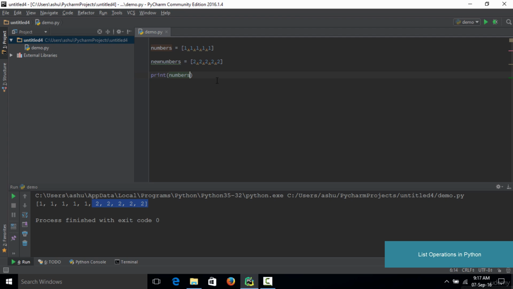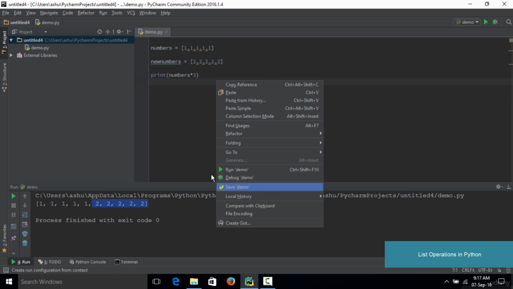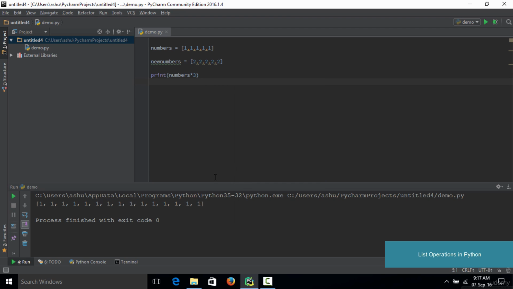And let's see what actually happens. So you simply type in numbers star 3, or numbers multiplied by 3, and let's save the code and run the code to see what happens. So as you could see, if you run the code, you actually have the numbers 1 printed out 15 times,